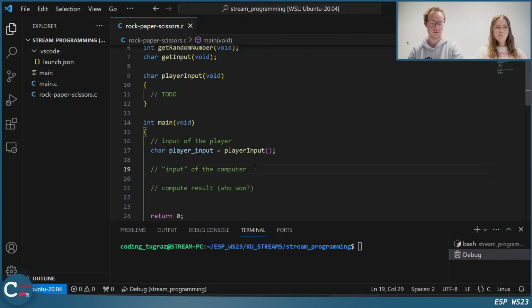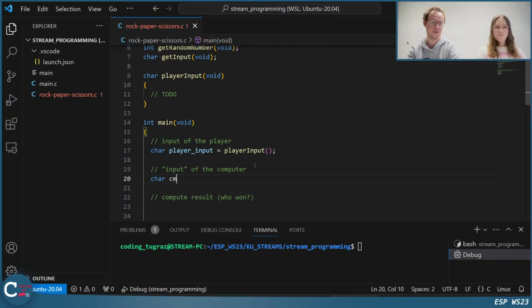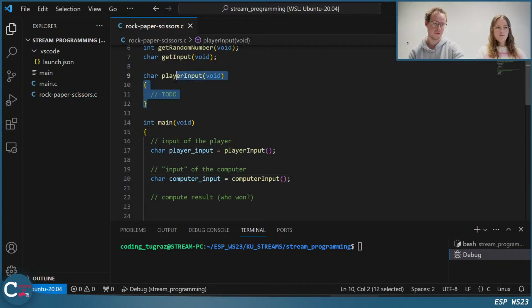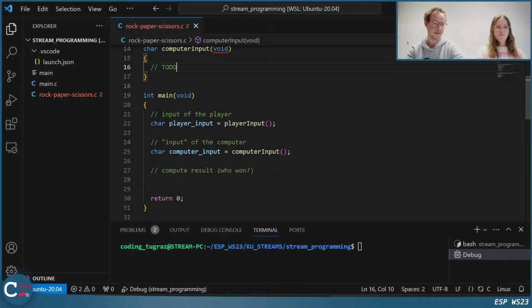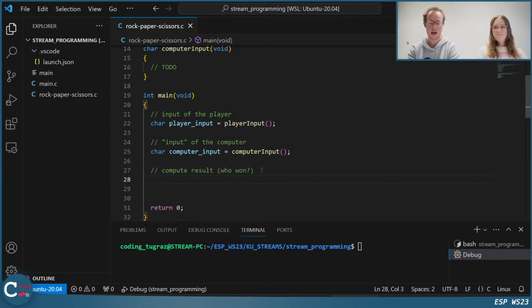Then the next thing is the input of the computer. Same thing as before, we have a computer input, and I also write the function for that. It's basically the same as here, but it will probably look a bit different. Computer input. And the last thing is we want to compute the result. Now we have to think about some way to